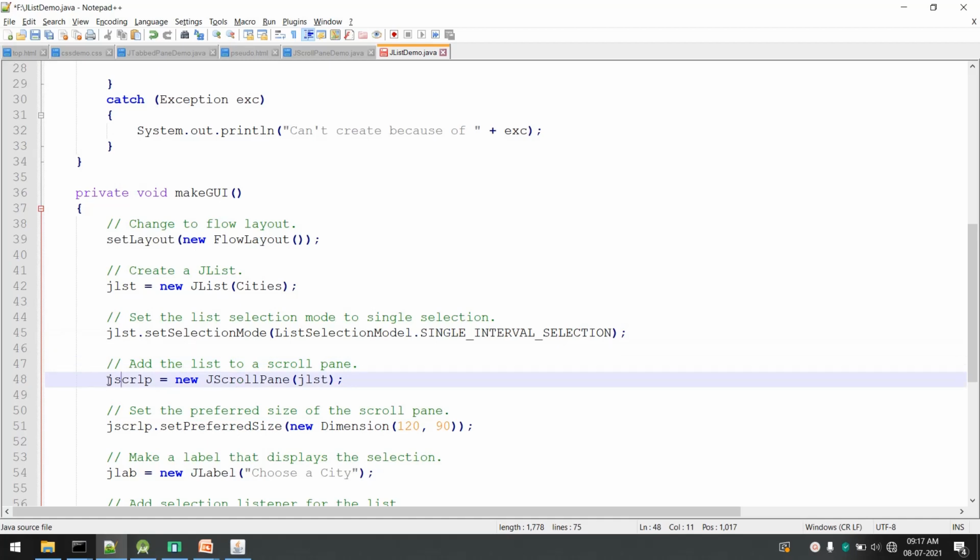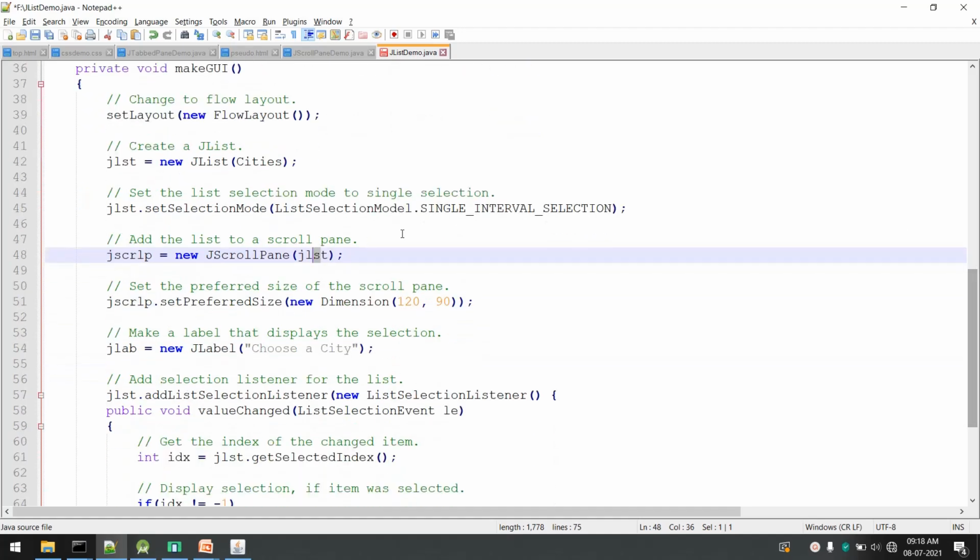JScrollPane, we have created an object of it, and to that we are passing the JList which we have created. We can even set the size of our scroll pane by using setPreferredSize equals to new Dimension 120, 90. So that is the width and height of a scroll pane.